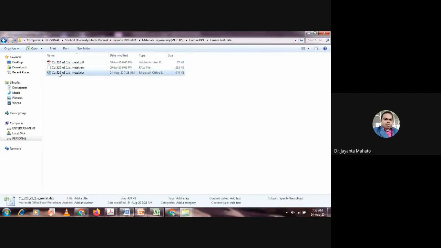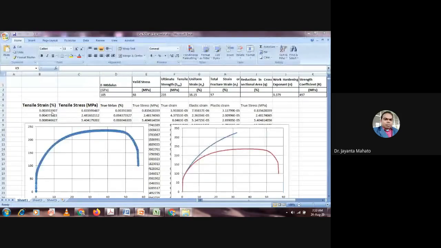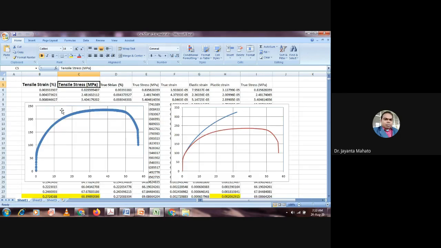So from this raw file, there are some columns of load, strain, tensile stress. So what column do you need? What value do you need? You can put it before the test. You have to design the method, and those values you will get. Raw data means during the testing.